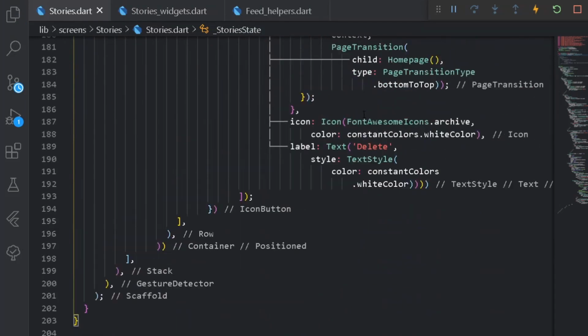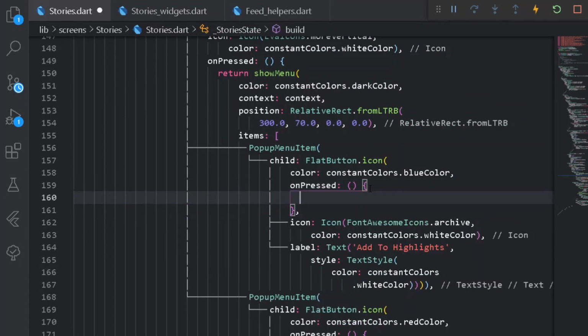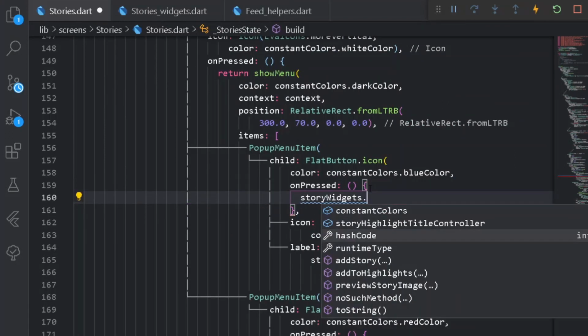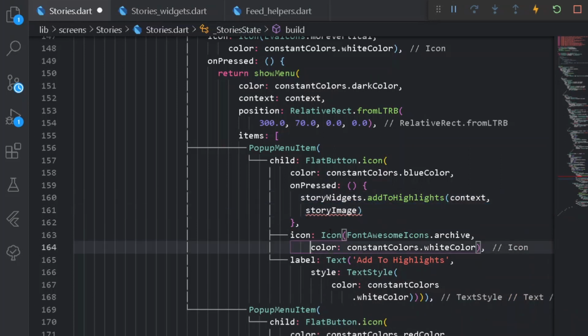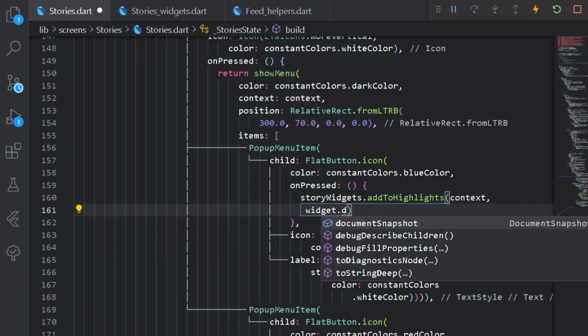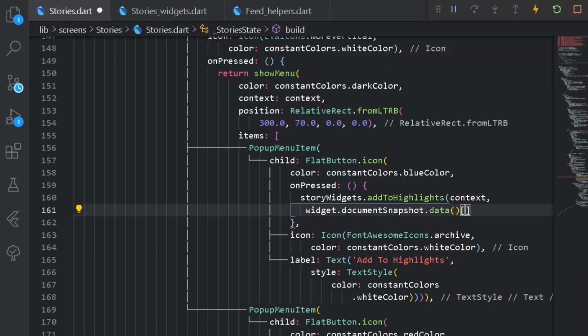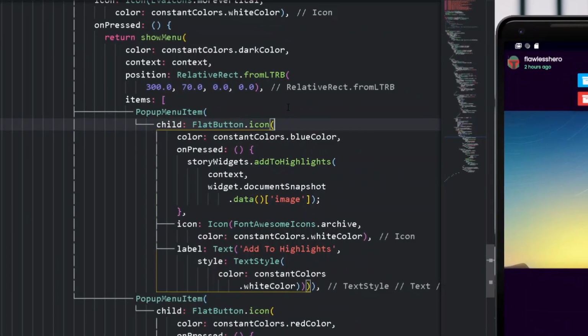So we can simply come down here, and on pressing the following thing we can have storyWidgets.addToHighlights. It will require a story image. Under story image I can simply have widget.documentSnapshot, and from this let's have data. From data I can have image. Easy thing. So format document once, and now let's test it out.